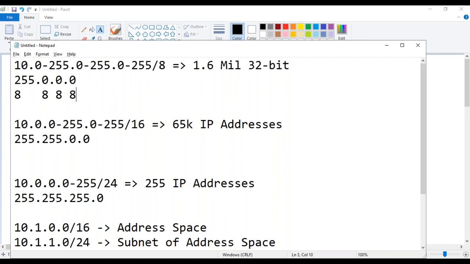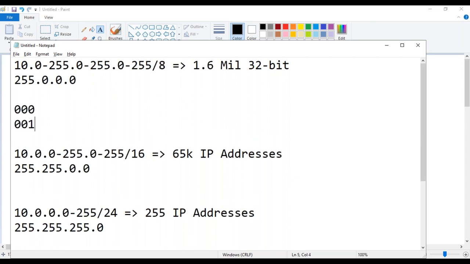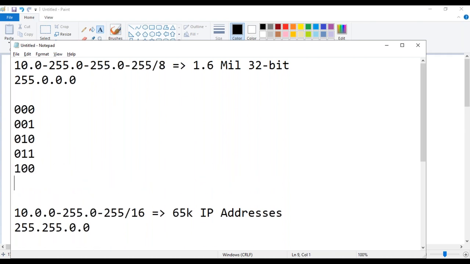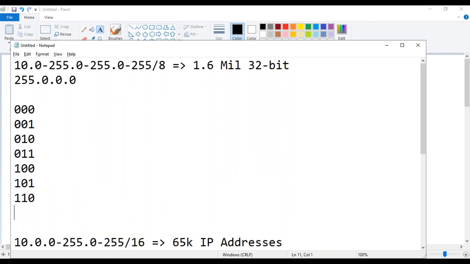Now what is this 32 bits? What is this 8 bits actually? 000, 001, 010, 011, 100, 101, 110, and finally we end with 111. So 1, 2, 3, 4, 5, 6, 7, 8. As you can see, totally we have 8 bits, guys.